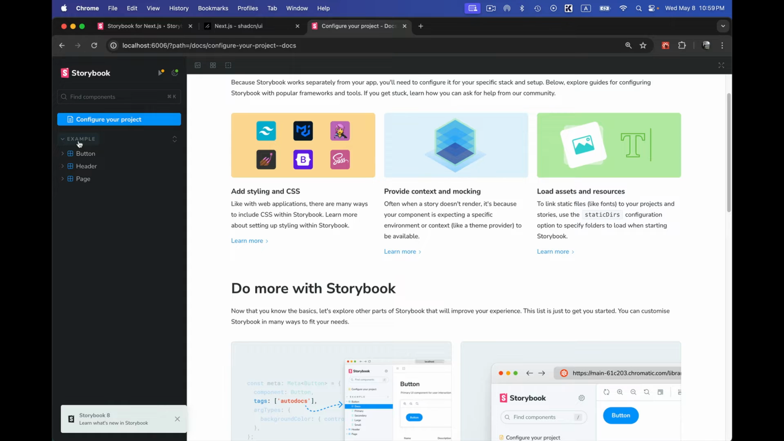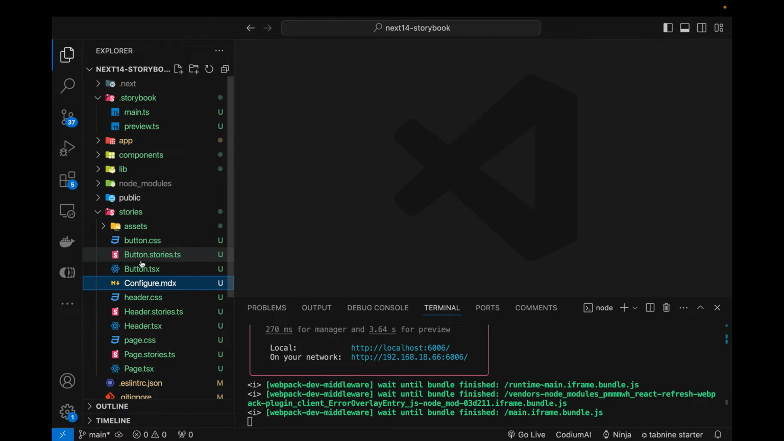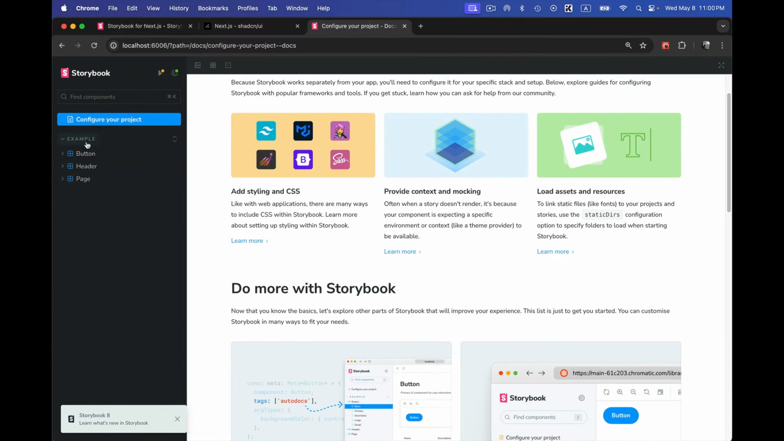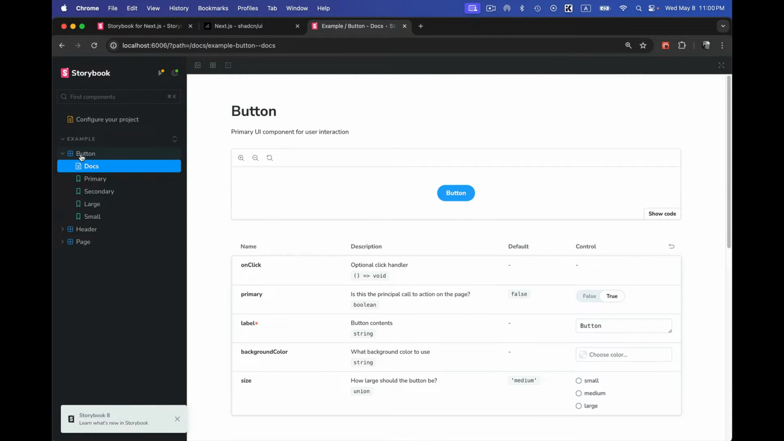displayed. And below this we have an example, the button, header and the page, and these are the components, the button, header and the page. So against these storybooks, when we run the storybook, it detects all the .stories.ts file in the whole project, and against those stories it shows those components over here. For the button, if we click on it, you can see that it has generated the documentation for the button,